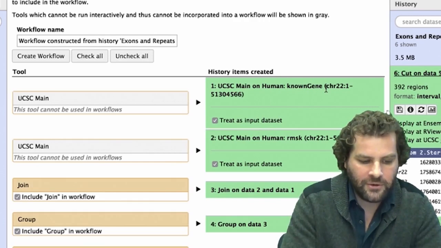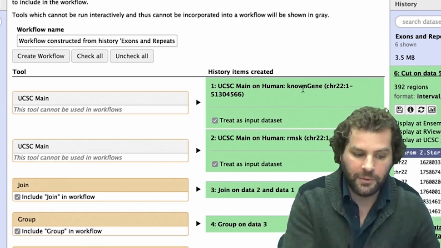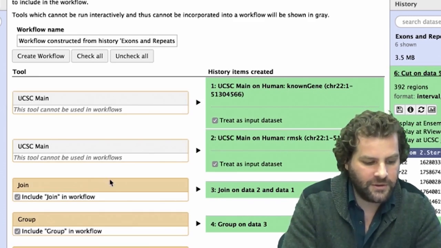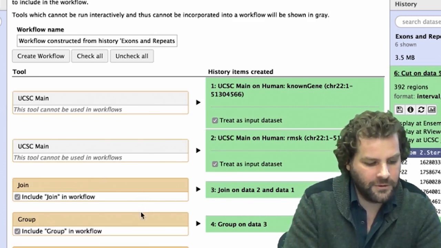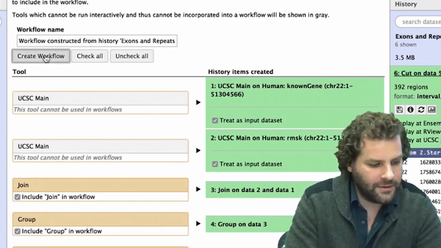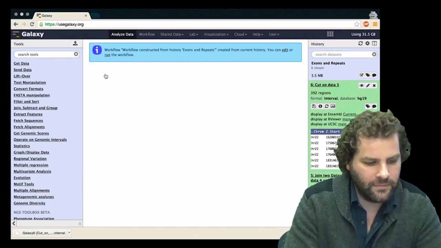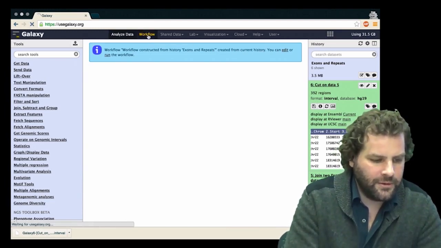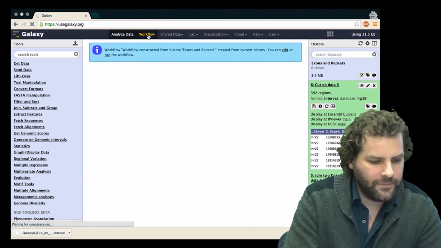And so we're going to have two input data sets. These are data sets that we'll provide when we run the workflow, the genes and the repeats in this case. And then the workflow will have the steps join, group, join two data sets, and cut. And so we can go ahead and click Create Workflow. And now if we go over to the Workflow tab,